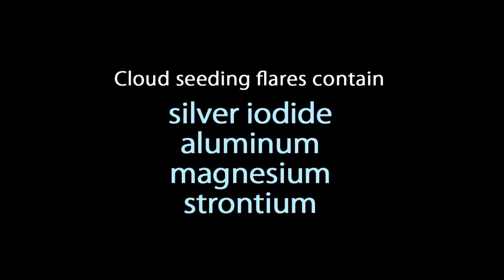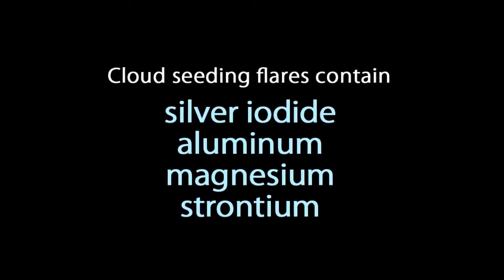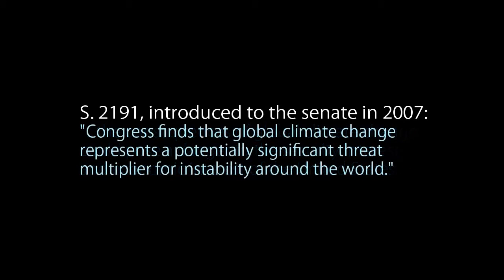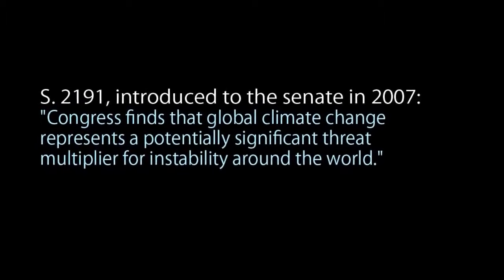So why do all these countries and local governments spend billions of dollars on silver iodide to make rain? Let's look at why our governments have allowed such aggressive development of weather modification programs. U.S. government document S-2191, a bill introduced into the Senate in 2007, echoes the same concerns Congress acknowledged in the 1970s, stating that the consequences of global climate change could pose a danger to the security interest and economic interest of the United States. And Congress finds that global climate change represents a potentially significant threat multiplier for instability around